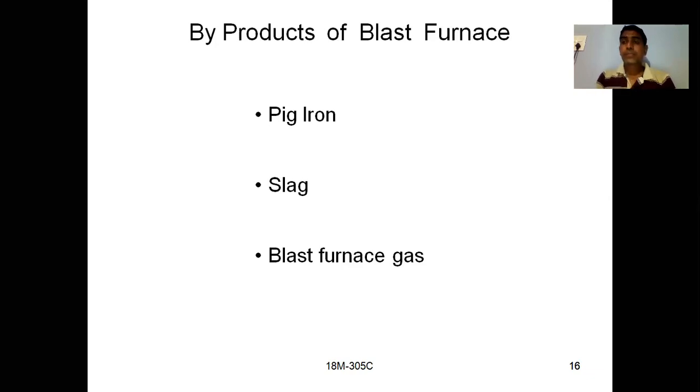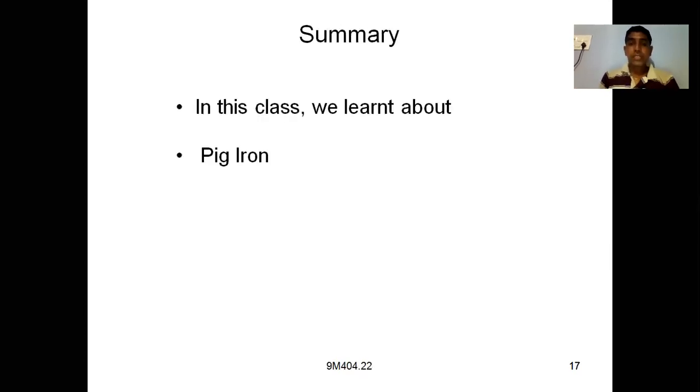And by opening the bottom notch, that means the tap hole for the pig iron, we can collect the pig iron in the molten state from that tap hole, which is sent to further refining, or it can be sent to mold for solidification process, and later it can be sent to further refining. Why should we go for further refining? Because the pig iron is not suitable for industrial applications, because it is not having good mechanical properties. Because of that, it is sent to further refining. So these things we have discussed.